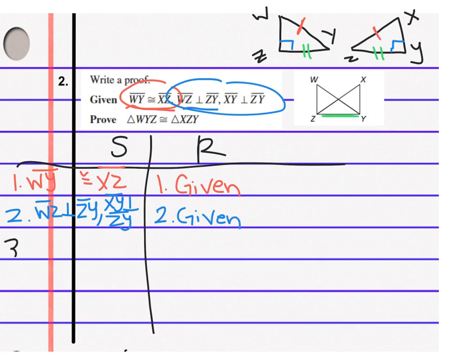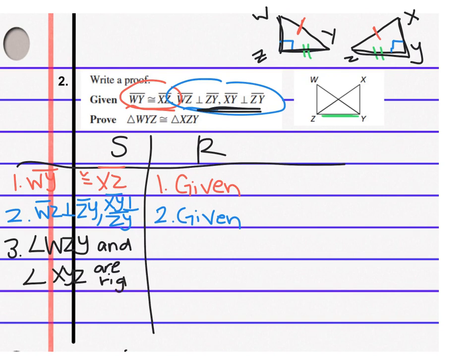All right, so next, now that I've done what's given, because I know that these are perpendicular, I know that they form these right angles. So I'm going to go ahead and say that angle WZY, so that's this angle WZY, and angle XYZ are right. Okay, that's kind of the definition